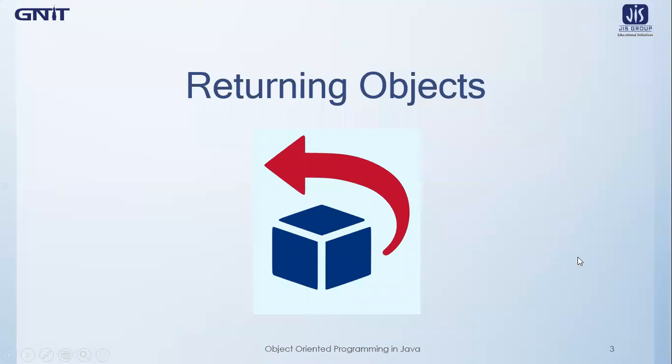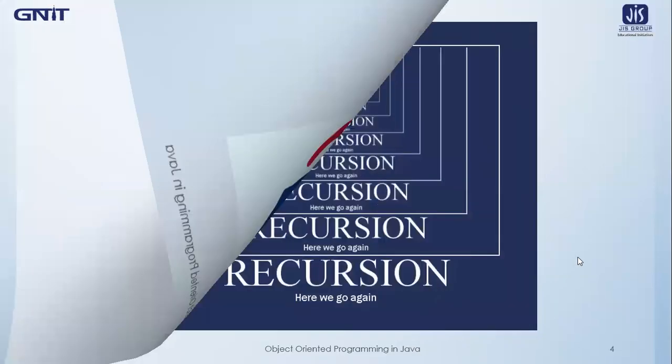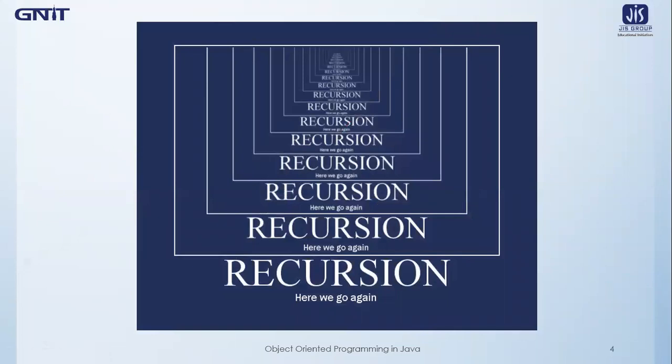The next topic of our today's lecture is recursion. We already know what recursion is. We know that recursion happens when a function calls itself again and again, and that a function is known as a method in Java. The same concept of calling a method again and again from its own body is known as recursion. The same concept is applied in Java also. So let's look at a program to see how recursion can be implemented by using Java programming knowledge.